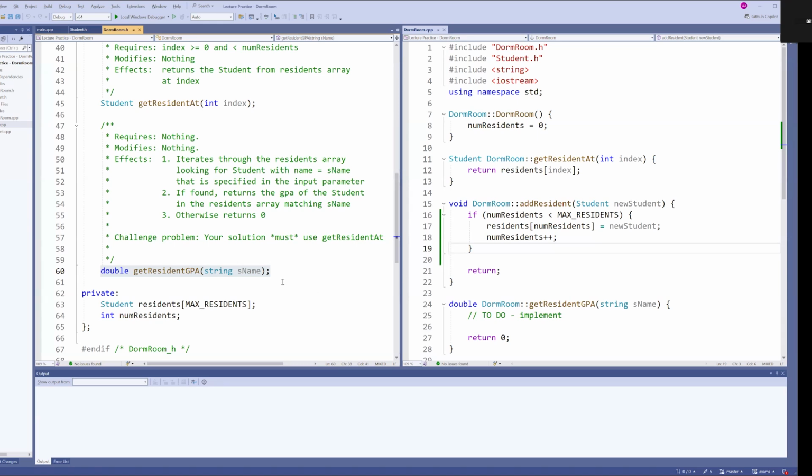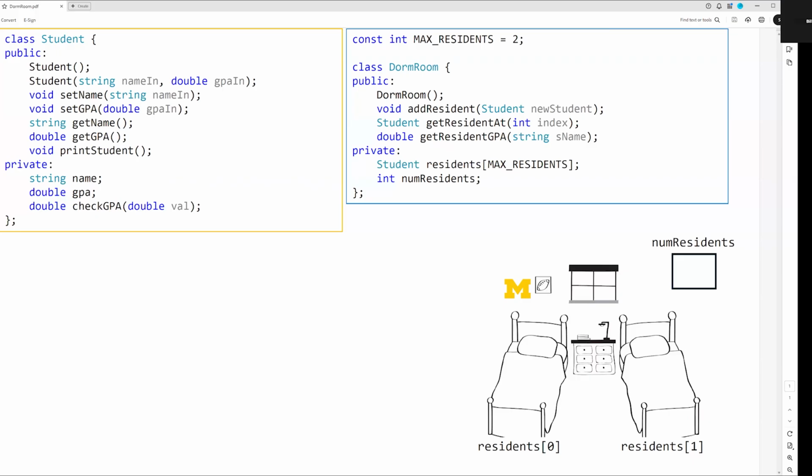Hi, everyone. I'm going to go through a solution for the getResidentGPA function of the dorm room class. And this comes from the example from lecture using the student and dorm room class. So we'll start with a brief recap of the two classes that we're going to use here, the student and